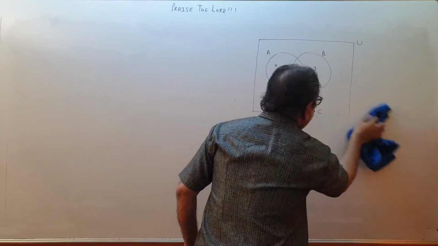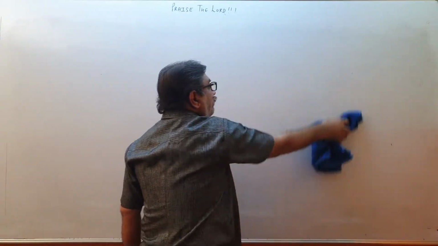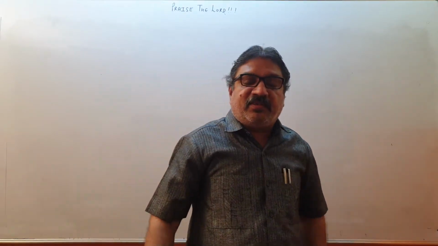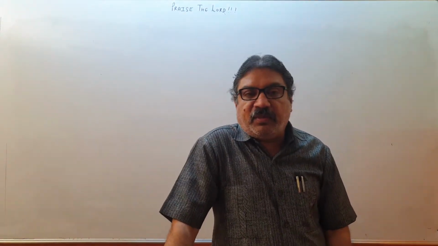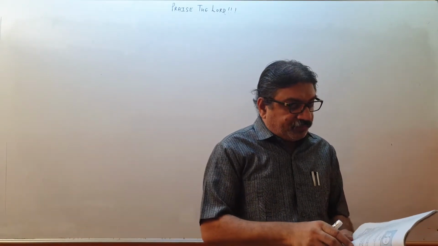If you do it by Venn diagrams, they will be very easy. And remember, whenever we solve these practical questions by Venn diagram, first of all, you should fill up the intersection region. Always first fill up the intersection region to go by this method. So I'll take a few examples.